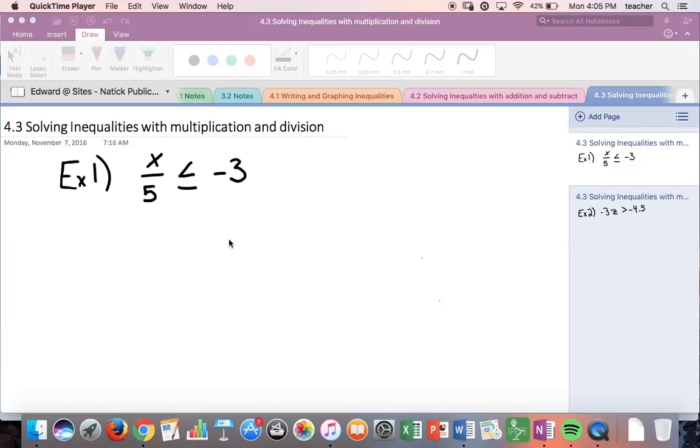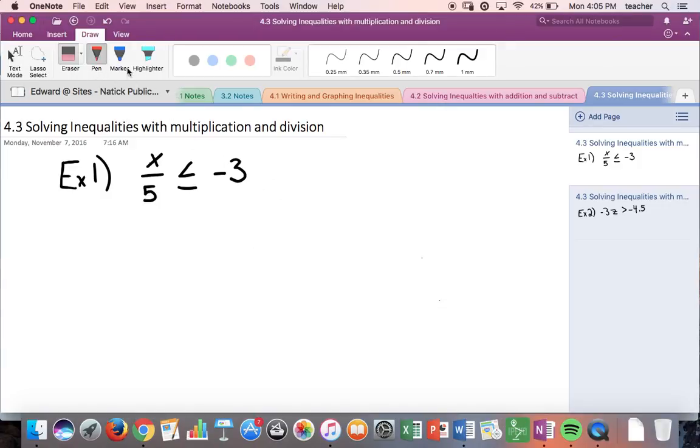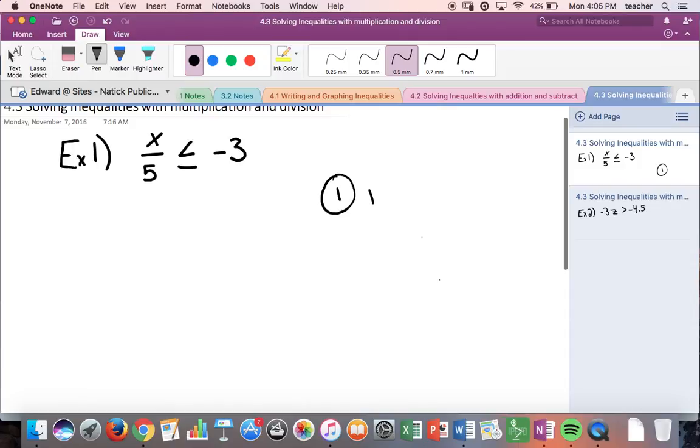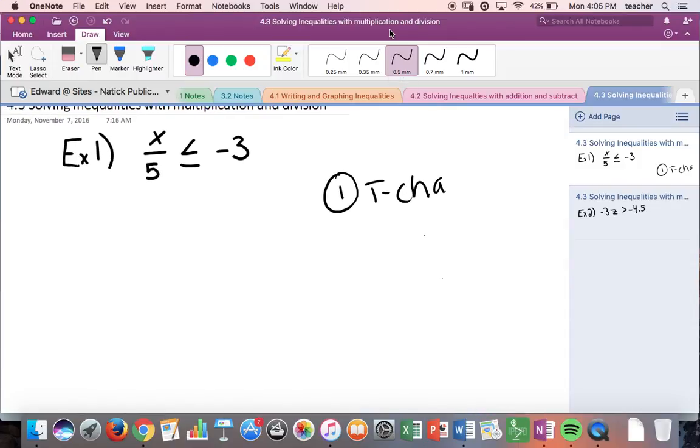Hey everyone, so today we're going to talk about being able to solve inequalities using multiplication and division. So we're going to start with our first step here. Our first step is going to be to create a t-chart, similar to what we do for solving with addition and subtraction. You always want to create a t-chart, and so we do that by dropping a dashed line